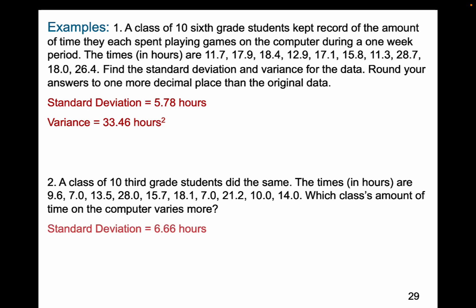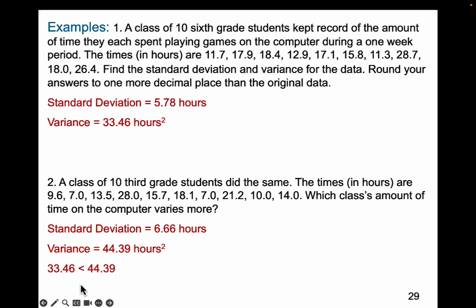For our 3rd graders, that was a standard deviation of 6.66 hours and a variance of 6.66 squared, which is 44.39 hours squared. Now we're given a task here: which class, either the 6th grade class or the 3rd grade class, has an amount of time on the computer that varies more. So we're going to compare the variance right here for the 6th graders to the variance right here for the 3rd graders. And when we say compare in mathematics, we mean use an inequality like this, check if they're equal,